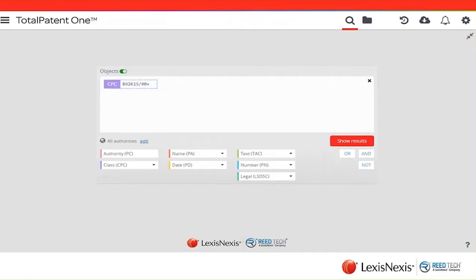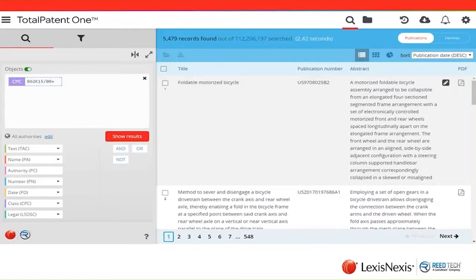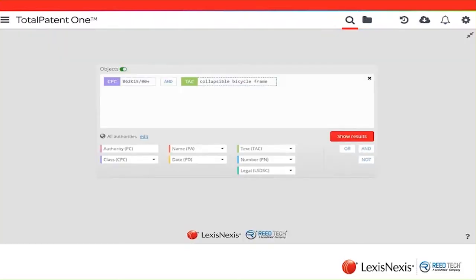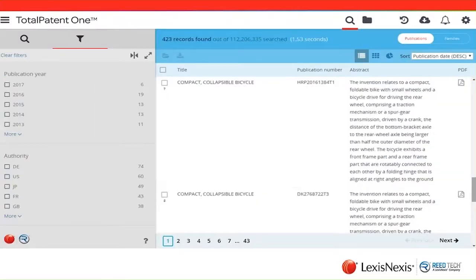But while a CPC search does return highly relevant hits, you should bear in mind that when you search with a CPC symbol, you can only find documents to which a CPC has actually been assigned. I strongly recommend, therefore, carrying out certain searches twice, once using keywords and once using CPC classification symbols. You can then merge the two answer sets together by ANDing to remove any duplicates. Of course,